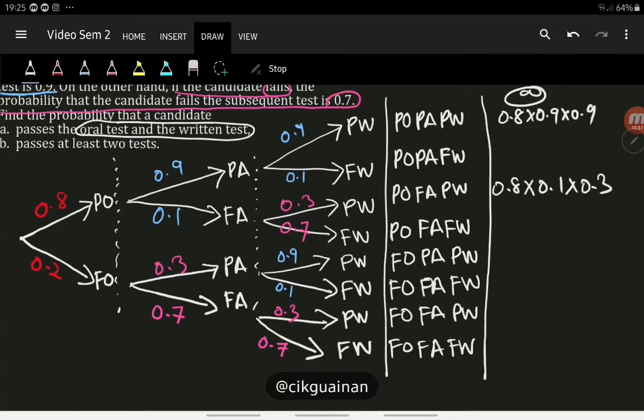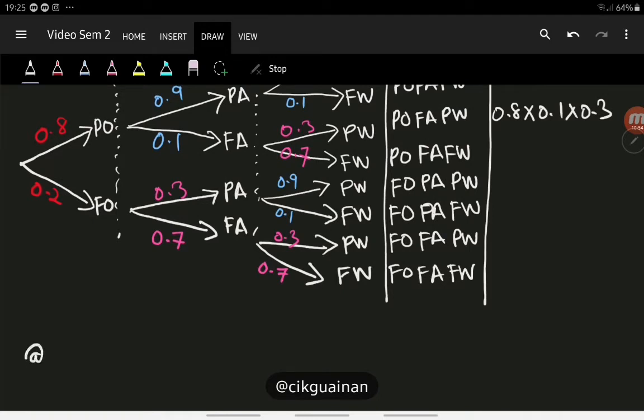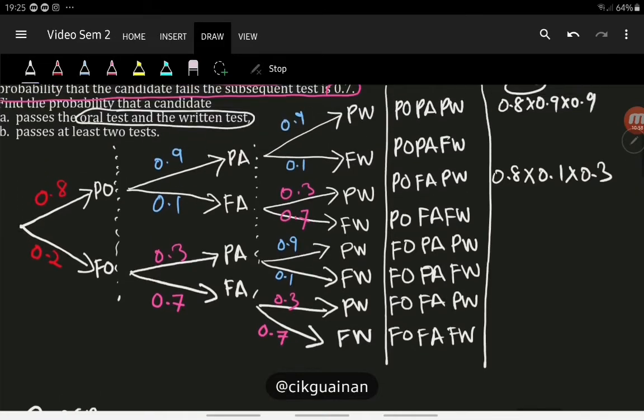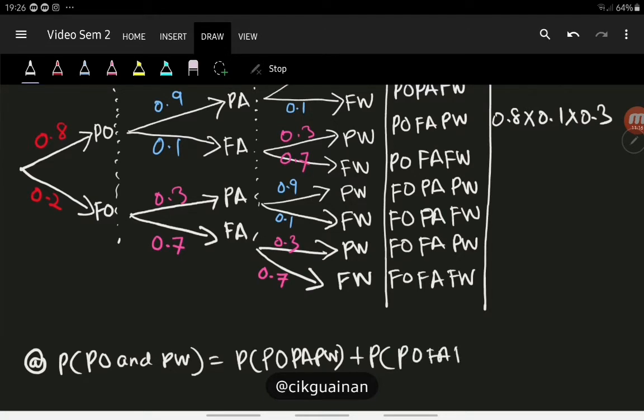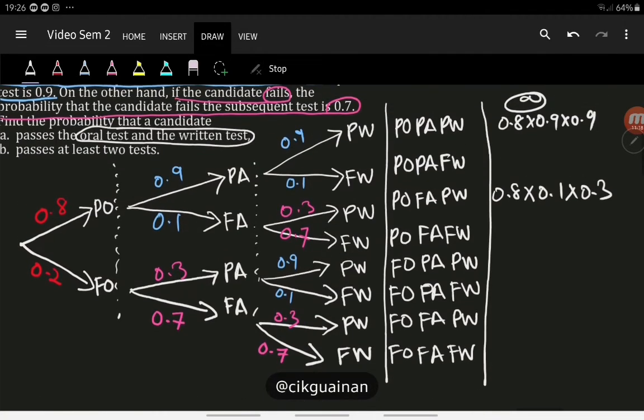Okay, so for A, the probability of pass oral and pass written is either the probability you pass oral, pass aptitude, pass written, or pass oral, fail aptitude, pass written. Okay, so it's